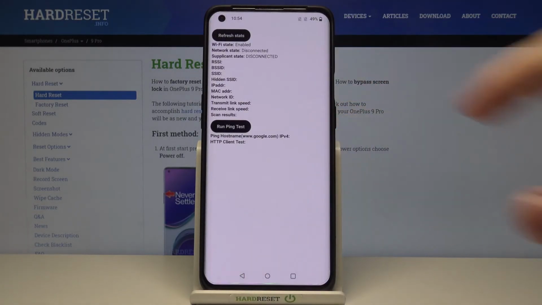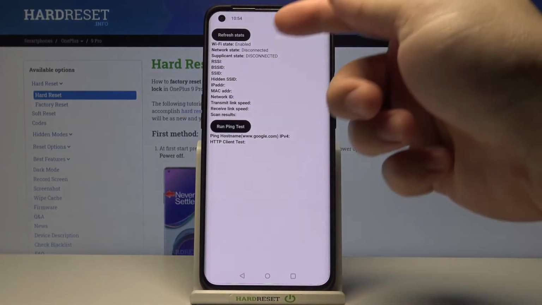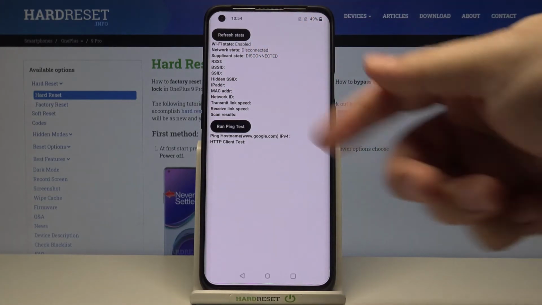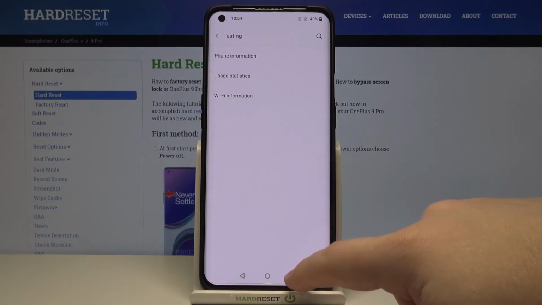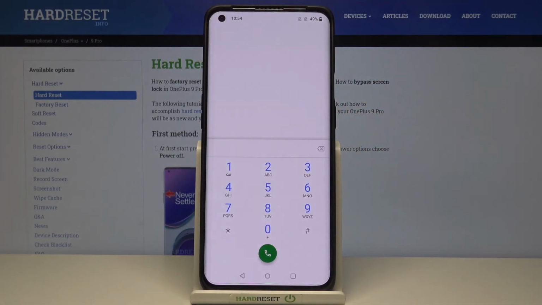And Wi-Fi status, again, you won't get any information because we're not connected to Wi-Fi, but usually if you're connected to Wi-Fi right here, you will have some information about your network. You can also run the ping test if you want to. Okay, let's close this and enter another code, which is